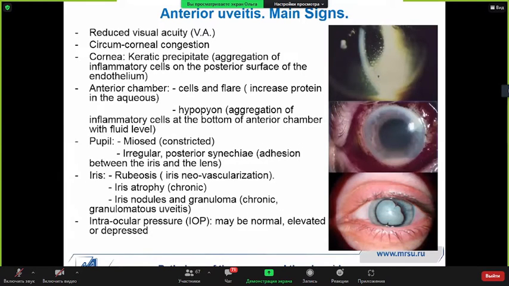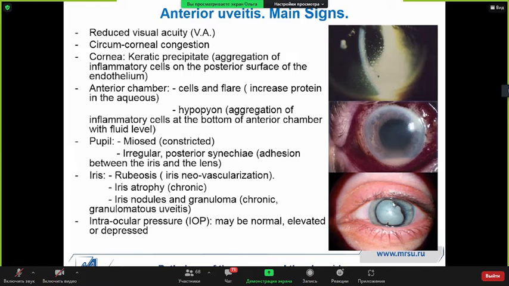About main signs of anterior uveitis. It's reduced visual acuity, circumcorneal congestion, keratic precipitates, anterior chamber cells of flare or hypopyon. We spoke about hypopyon. So here we see precipitates, hypopyon, and